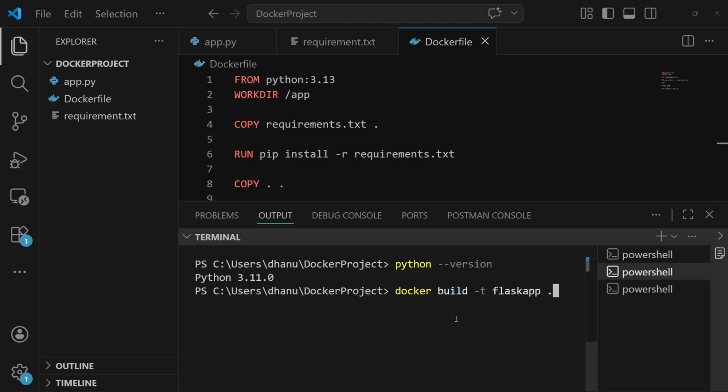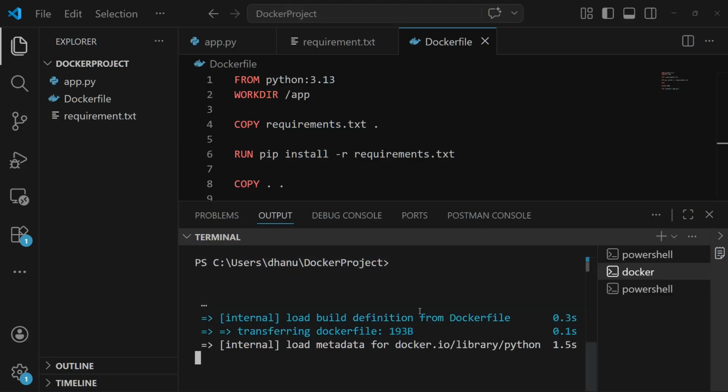So now we have our container, right? For our container, we are giving a name as flask-app. Here -t stands for tag. In docker build, we are giving a tag as flask-app, and this dot is the folder path where all your files will be present, that is the Dockerfile. That is here itself. Click on enter. So it will start pulling